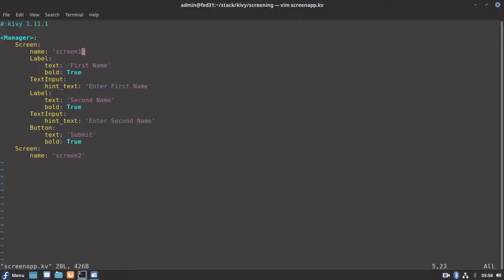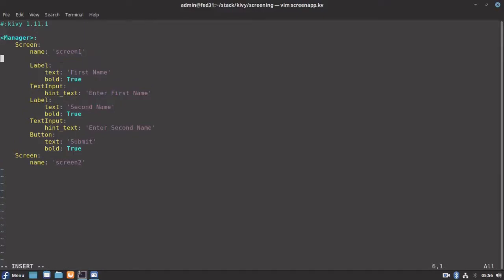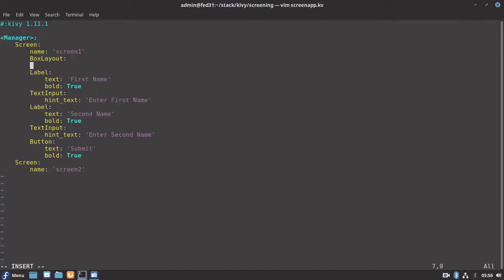So I'll try to use box layout with orientation as vertical. And within this, we'll try to place our child widgets.